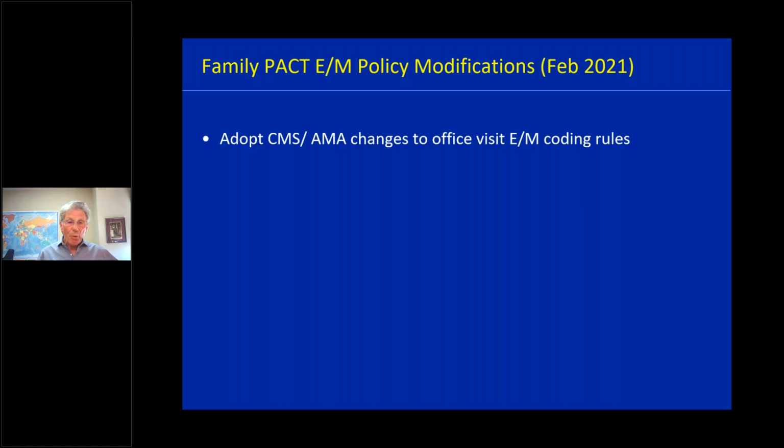The most important policy for you to look at among Family PACT policies is the one called Office Visits, Evaluation and Management, and Education and Counseling, or E&C visits. Go to the familypact.org website, go to the provider section, go to the PPBI section, and you can look at the original policy. What this policy says is that Family PACT has adopted these changes that I just explained. Next.